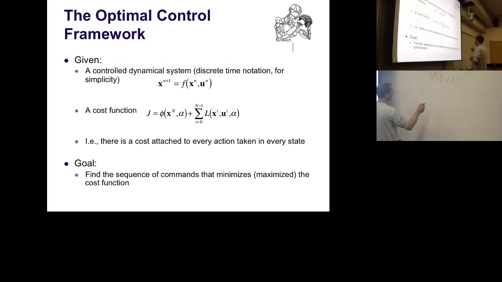The cost function is usually over a finite time horizon most of the time. You can also do infinite time horizons, but it's the finite time horizons that we mostly care about. When you reach your final state, at time capital N, there might be some parameters, and you get some reward or penalty phi. It's like reaching the goal and getting $1,000. If you don't reach the goal, you get nothing.